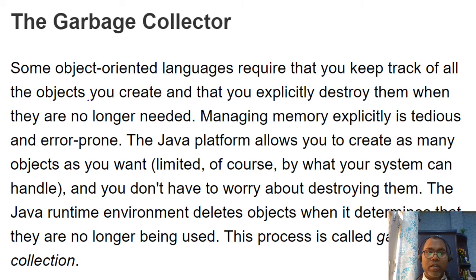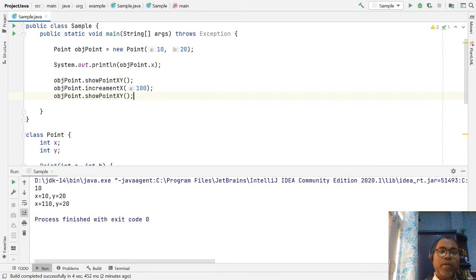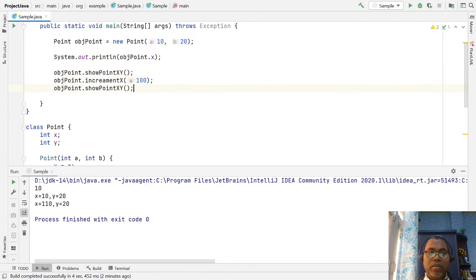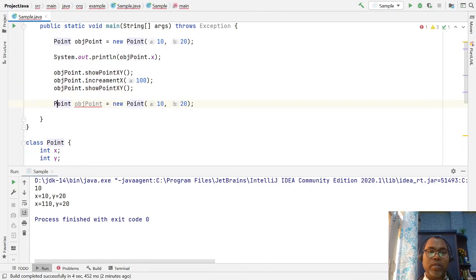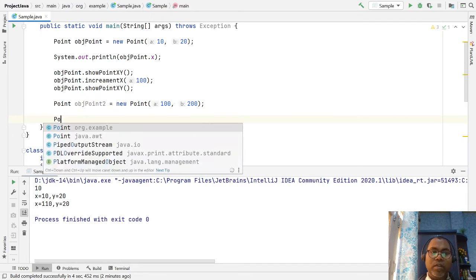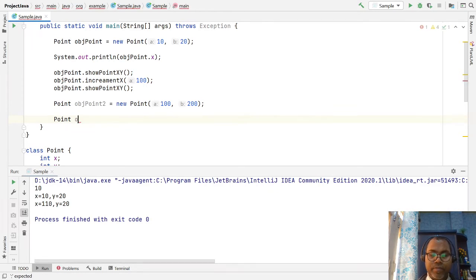So here we have to discuss that you can create lots of objects. Maybe we have created one object, two objects. Let's say we have created another object, object number 2, maybe with some different value. Maybe we can create another point, an object reference point 3.